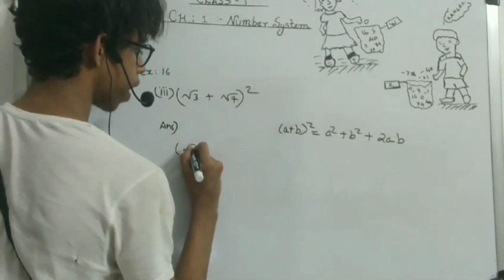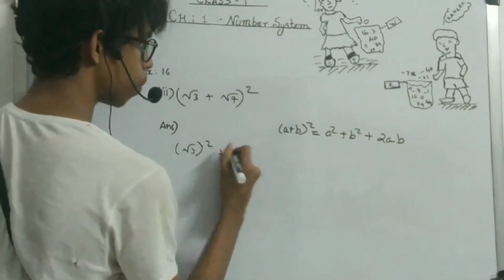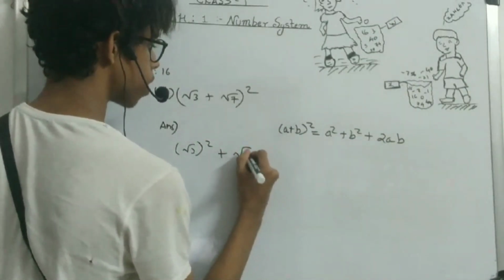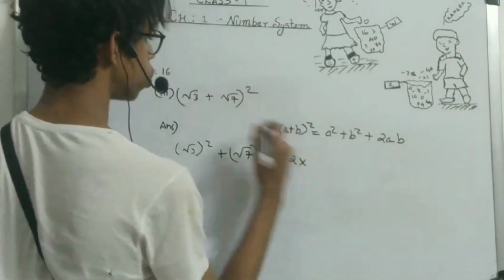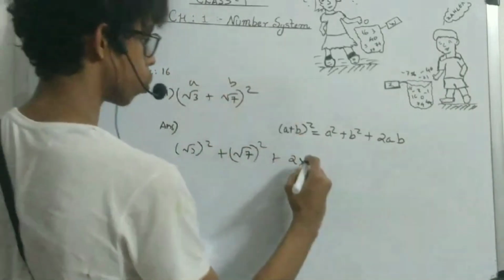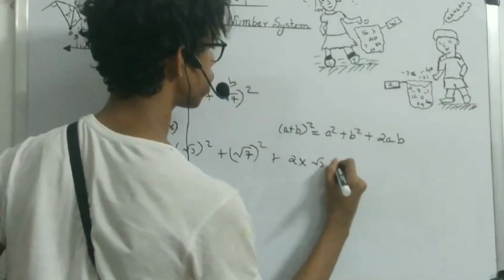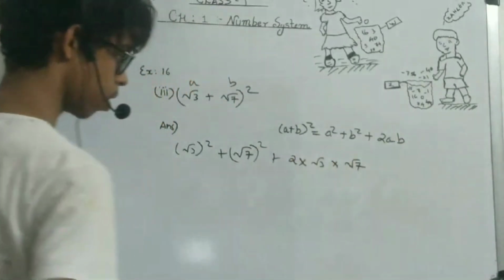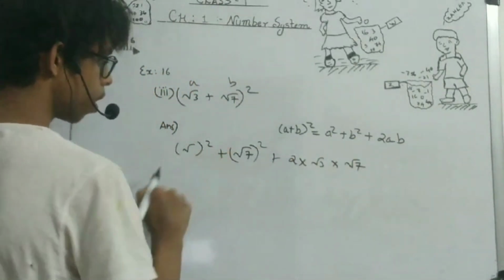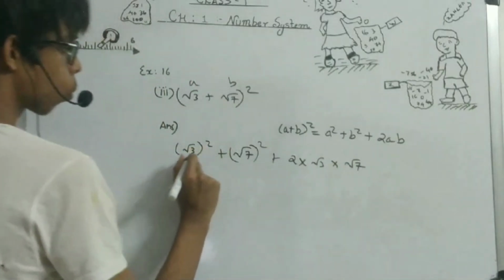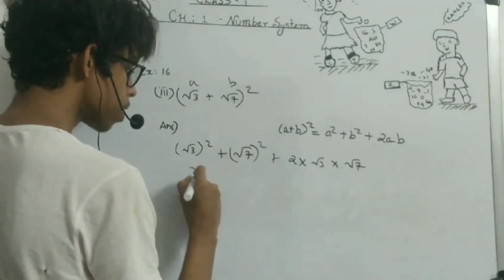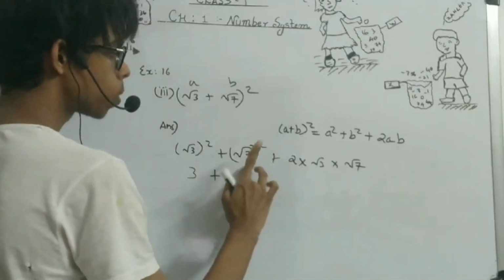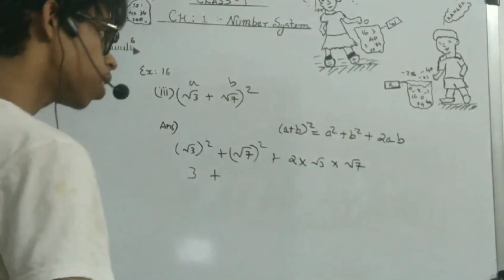So root 3, I can write root 3 the whole square plus b, it is root 7. So I will write root 7 the whole square plus 2 into, this is your a, this is your b, so 2 into root 3 into root 7. Okay, this is root 3. So we know root 3 the whole square means root 3 into root 3, which is simply 3, plus root 7 the whole square means root 7 into root 7,